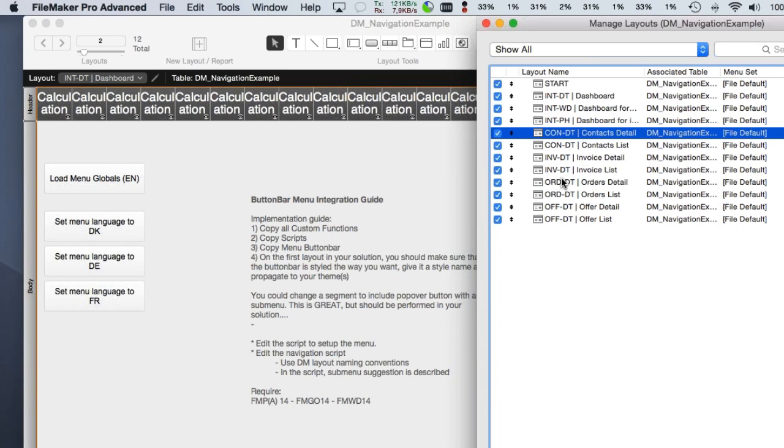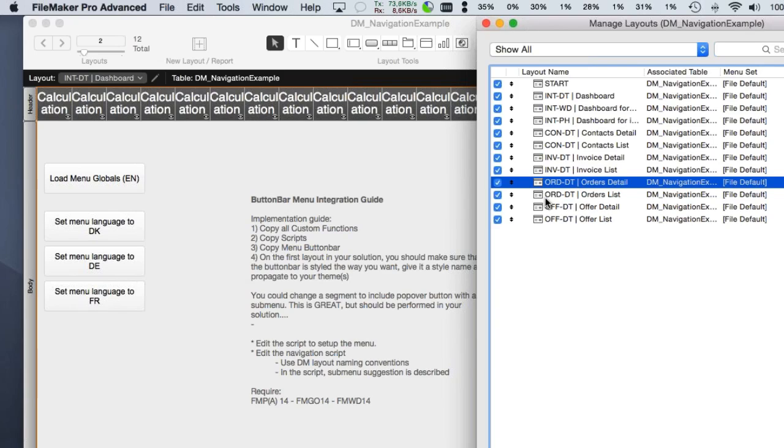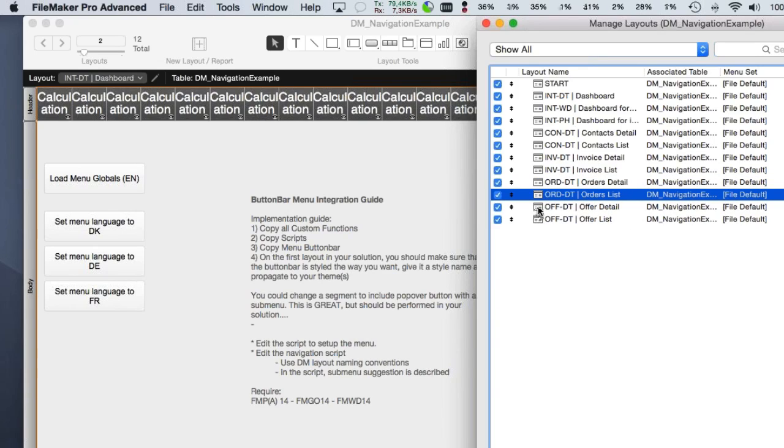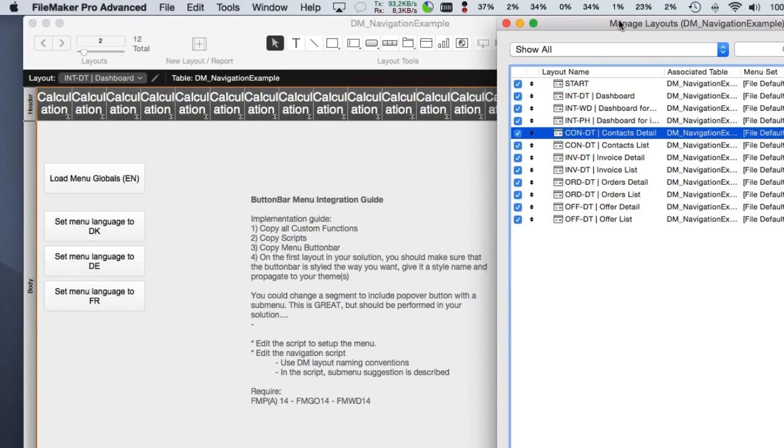But then the idea is that, of course, for the contacts you maybe have a contacts detail layout, a contacts list layout, a contacts whatever layout, and contacts printing layouts, print A, B, C, whatever it is. And this technique handles knowing the navigation to the right layout. I have made it very simple here with the detail and list layout, or at least they are supposed to mimic that they are detail and list layouts. And then it's also prefixed with whether this is contacts, invoice, orders, offers. So this is kind of a prerequisite in order to make this work